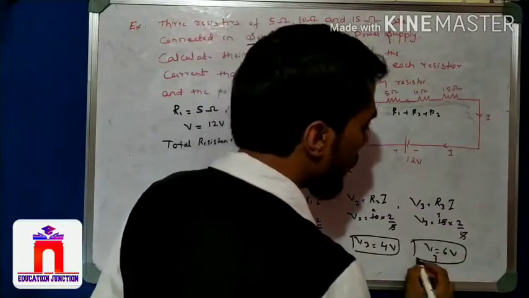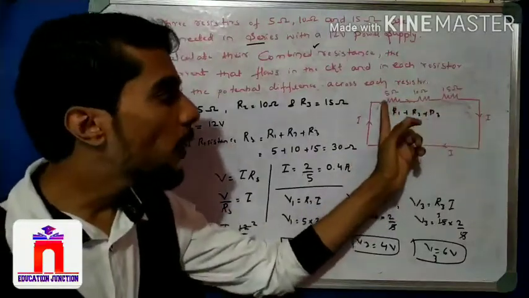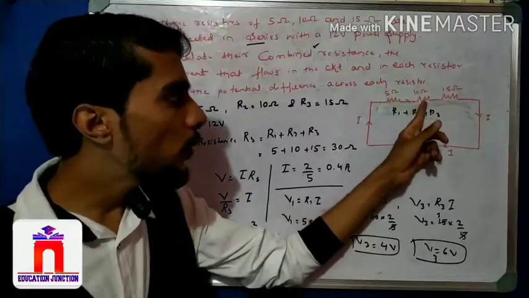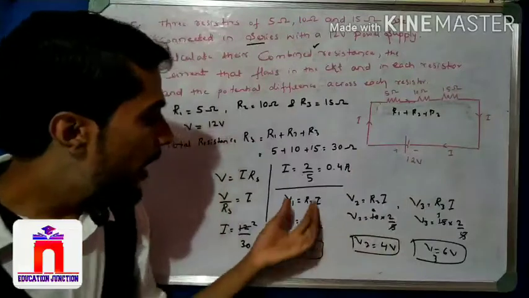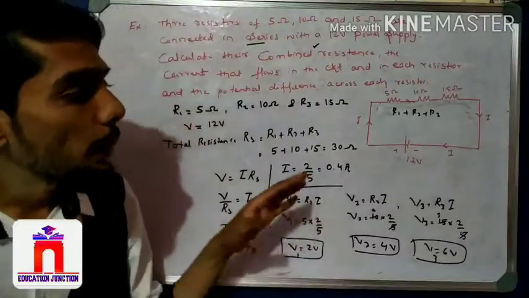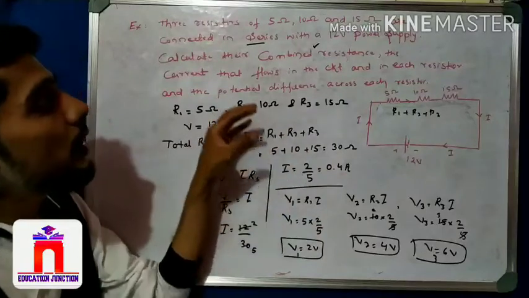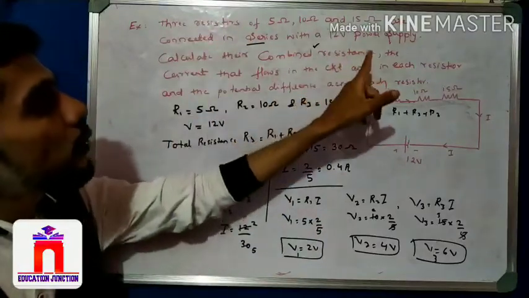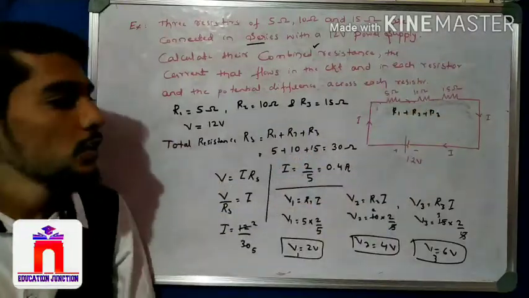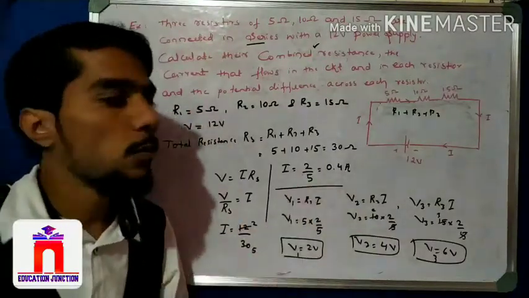So this is a very simple calculation of the current in the circuit, the total resistance, and the voltage across each resistance. Voltage across R1 we take with R1, across R2 with R2, and across R3 with R3, and we calculate the total current and the total resistance in the circuit, students. So we are applying the formula here, right? This is the calculation of total resistance, current and the voltage across each resistance using the series connection. Please write down this one. And this is the last problem of this concept. After that we take another problem.